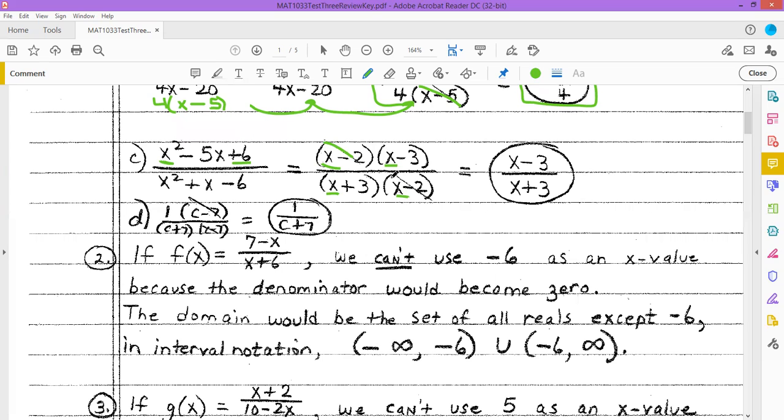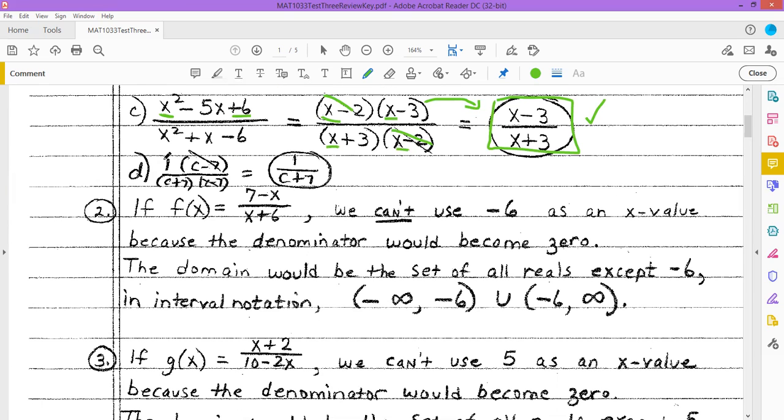The minus 2's cancel in the numerator and the denominator. And what's left is our solution. We're left with x minus 3 in the numerator and x plus 3 in the denominator. This is our answer. Letter D, we have 1 times c minus 7 divided by c plus 7 times c